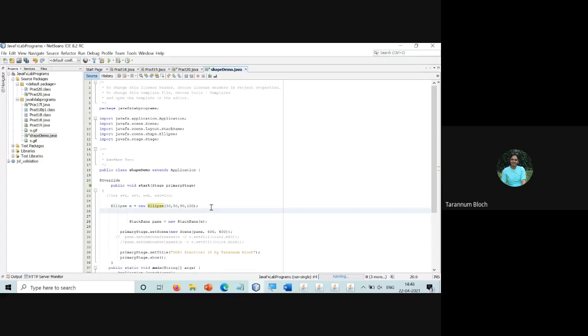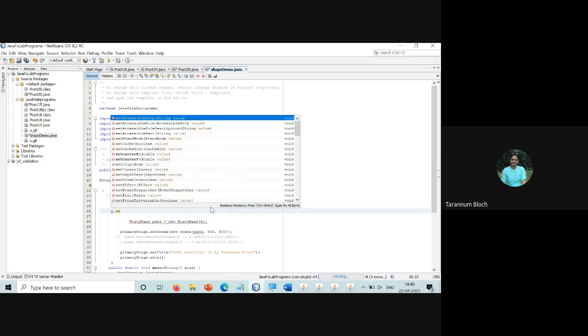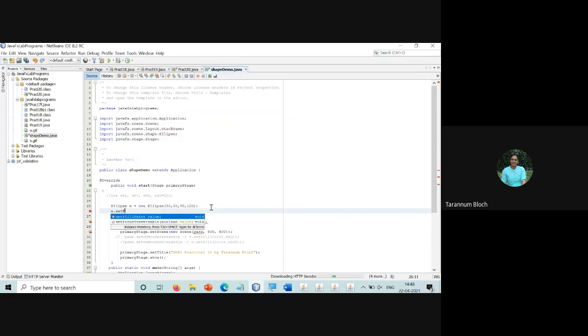If you want to change the color, you can say e dot setFill, and you say Color dot, let us say red. We are saying Color dot RED.